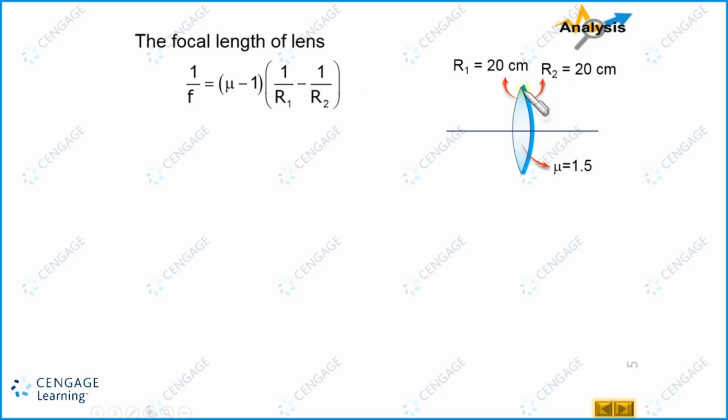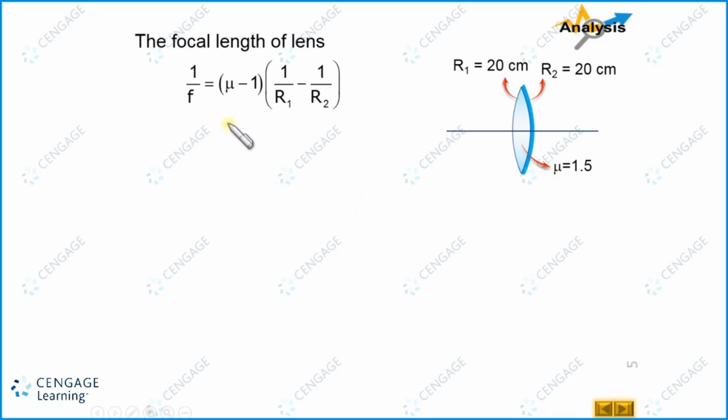Similarly, we can observe the center of curvature of this surface on the left hand side. For measuring this distance, we need to move from this position to this position in the leftward direction. That means it is the negative direction. So this r2 is substituted with the negative sign, that is minus 20, and mu equal to 1.5. As we discussed, 1.5 we can write as 3/2.